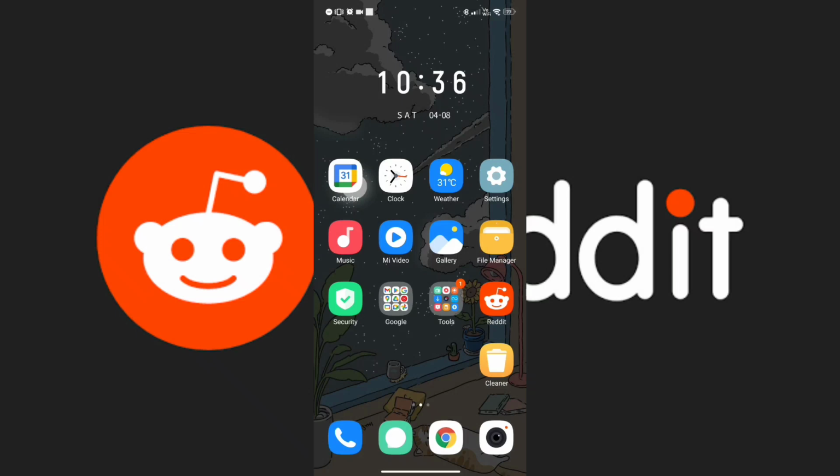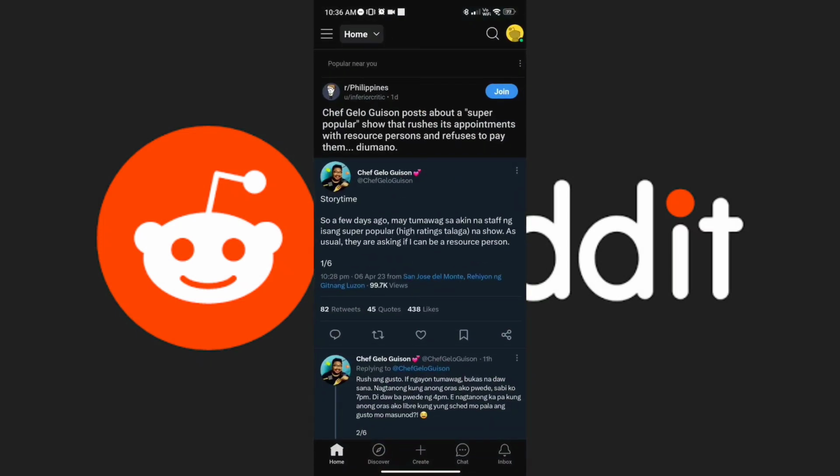Okay, so let's start by opening the Reddit application. For the next step, you've got to make sure that there is an account logged in so that you can access the settings to be able to view the not safe for work content. Next, we're going to the profile by tapping on the profile icon on the top right corner of our screen,